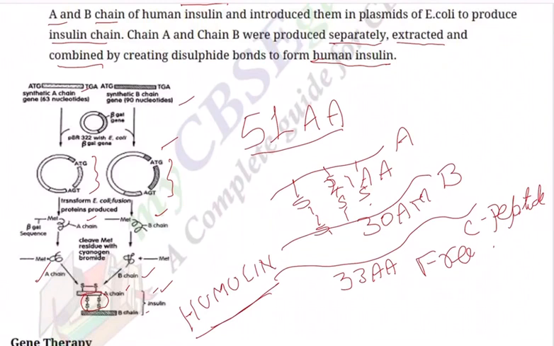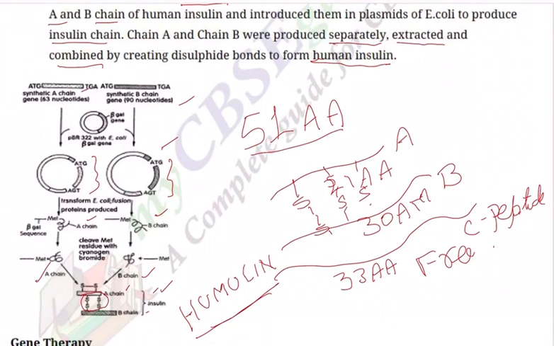So basically, what we require is a bacterium, and inside the bacterium you have bacterial DNA with a plasmid DNA, and the plasmid DNA is cut with restriction enzymes, and once that is cut, the gene of interest is separated, and we take a human pancreatic cell. In that, human DNA is there, and in human DNA we identify the gene that produces A and B peptides. We cut that portion. So the cut portion of the human insulin producing gene and the cut plasmid of the bacterium E. coli will be ligated, and that's how we get annealing